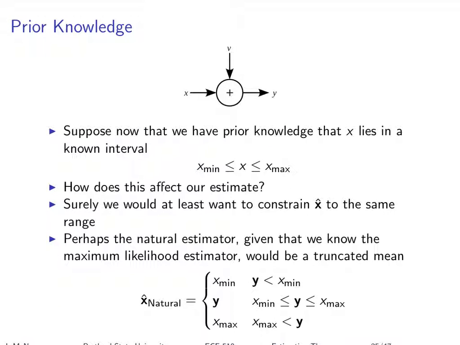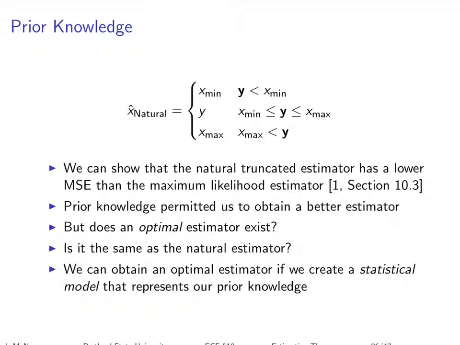And then we said, okay, and now what if I give you this additional information that X is bounded? And we thought, well, what would you naturally do as an engineer if you haven't gone through and really taken this class? How would you represent that, and what kind of estimator would you come up with? And we ended up with this natural estimator. And I sketched out what the PDF of that estimator might look like. And it turns out this estimator isn't optimal.